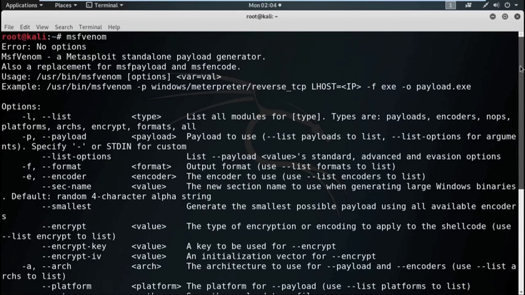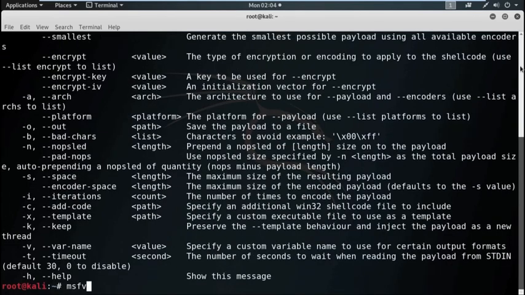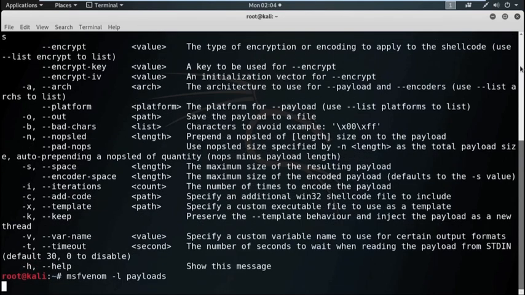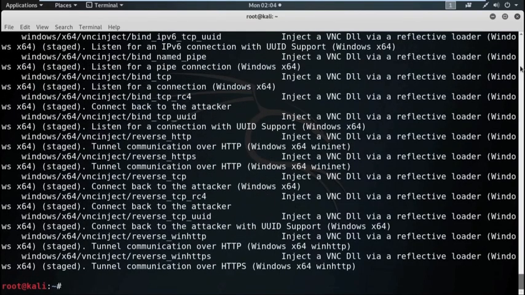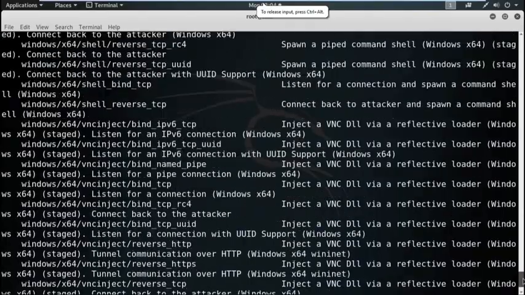So, all the list of payloads. Now, see here is the list of all the payloads available in MSF Venom.